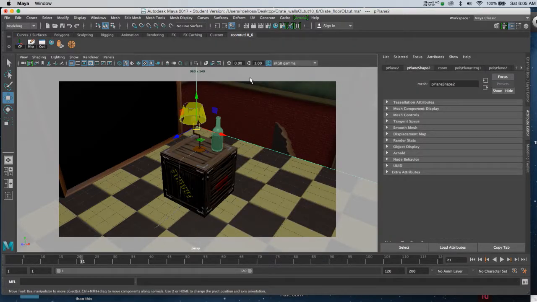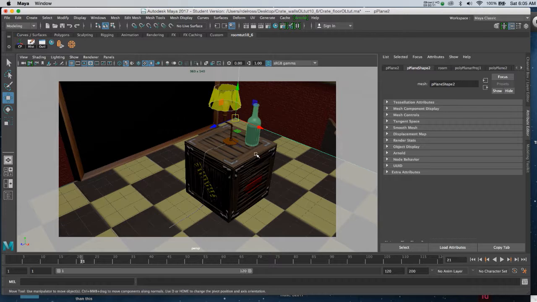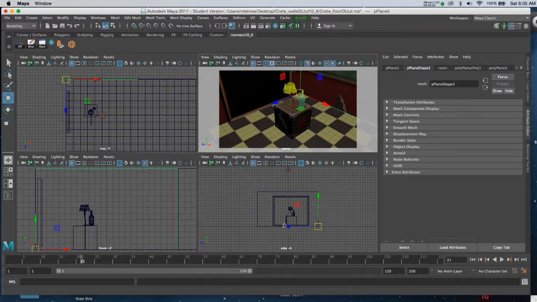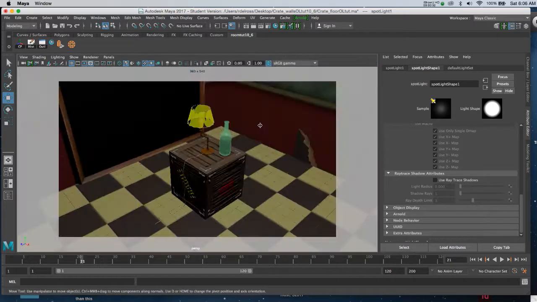Now that I have the ray trace set up and I'm starting to get the shadows and reflections, I'm going to refine my renders. And what I'd like to do is isolate the area with the crate and the lamp and the bottle and highlight that and minimize the rest of the room. I'm going to turn off the shadow for the overhead light that I just created. And I'm going to introduce another